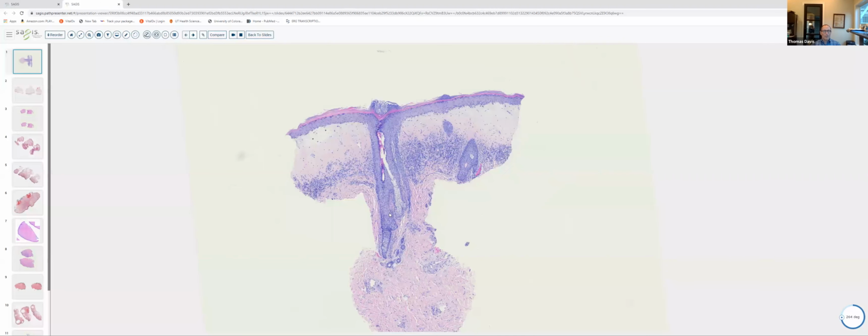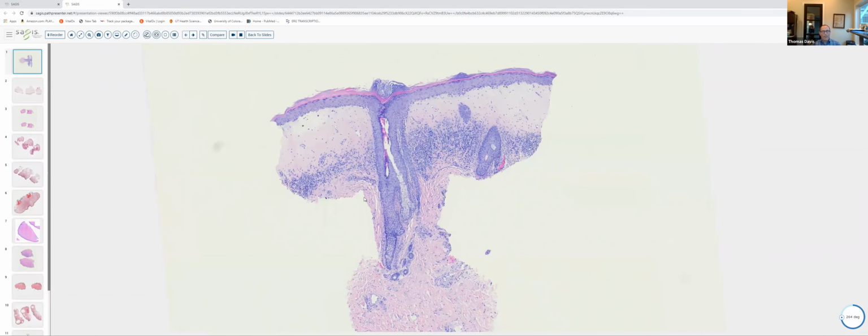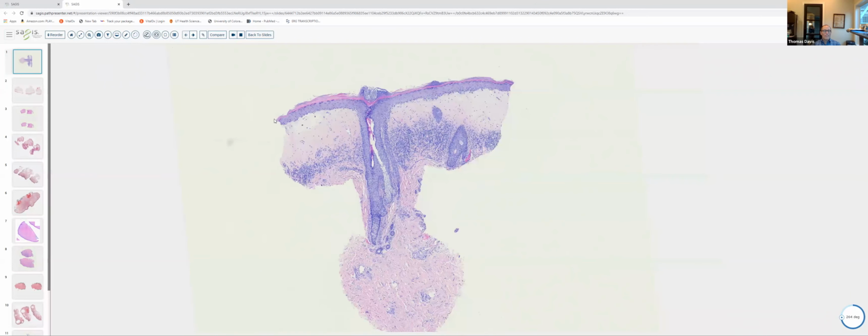The condition, as I'm sure many of you have heard before, has been described as having a flag sign: red, white, and blue. When you look at the specimen from scanning magnification, we see the red or pink, which is the stratum corneum, the white, which is the expanded papillary dermis, very pale with edema and sclerosis, and then the blue is the band-like infiltrate. Lichen sclerosis is kind of our prototype of an inflammatory disorder in which the sclerosis is limited to the